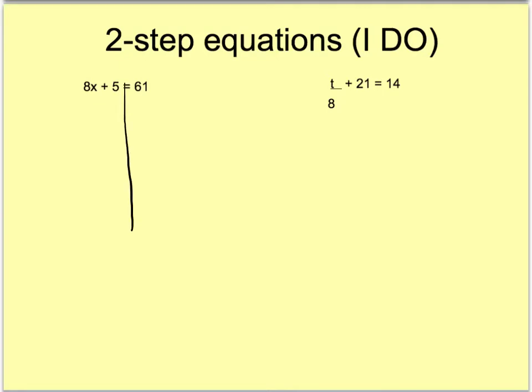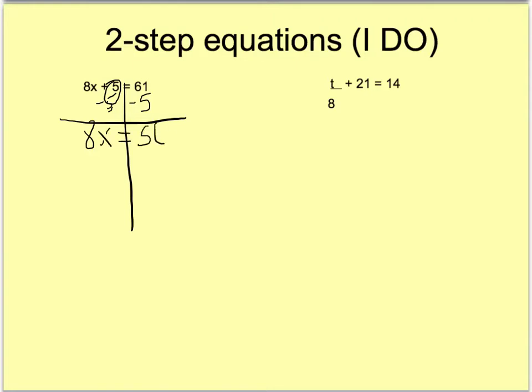So on the left-hand side, I have plus 5. So if I subtract 5 on the left-hand side, I'm going to subtract 5 on the right-hand side as well. Whatever you do to one side, you must also do to the other. So now 5 minus 5 becomes 0, which is what I wanted, and now I'm just left with 8x